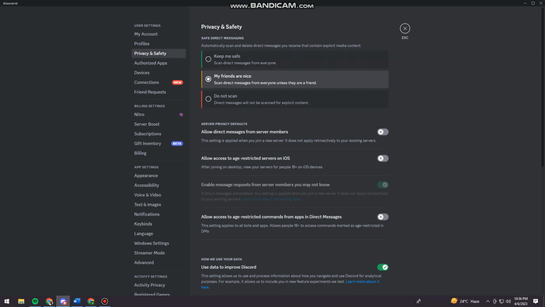Now, once you are here, you want to allow access to age restricted servers on iOS. So after joining on desktop, view your servers for people 18 and above on iOS devices. So you want to turn that on,